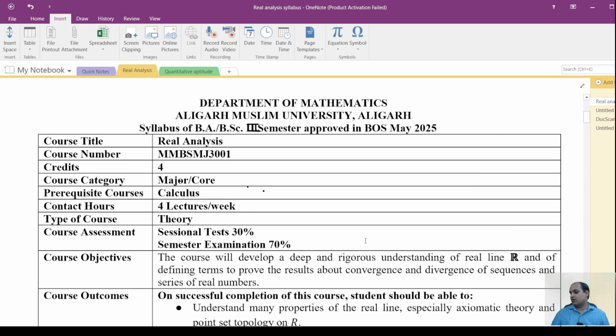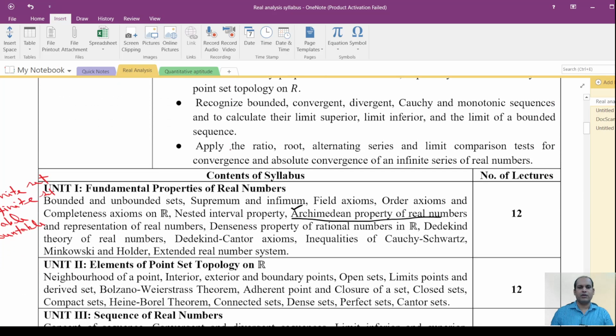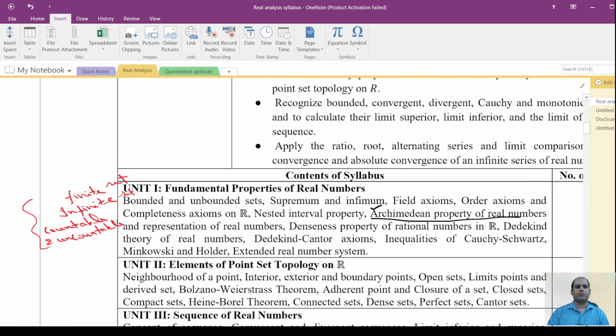Okay. So next topic, real analysis from chapter 1. For chapter 1 of real analysis, we need to understand the basic concepts: bounded and unbounded sets, supremum and infimum. I need to recall two of the basic properties, that is, what we mean by finite and infinite set, countable and uncountable set. Basic understanding is needed, and then I will cover the nested interval property and the representation